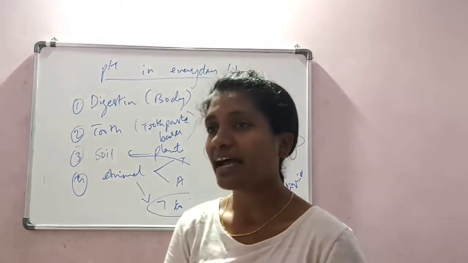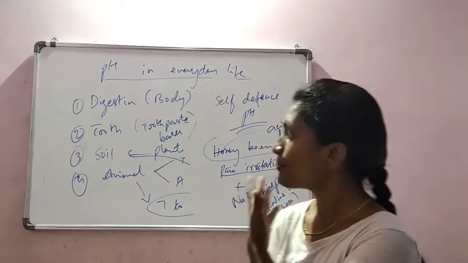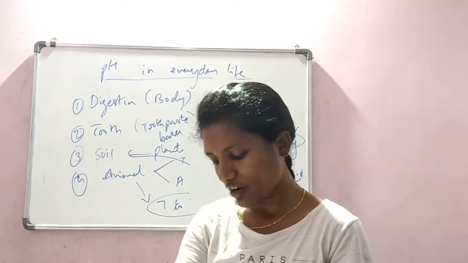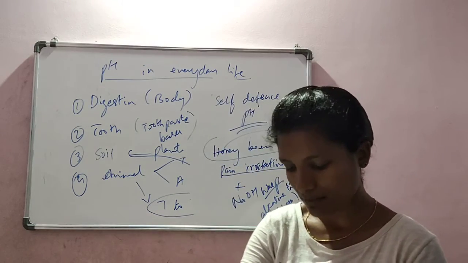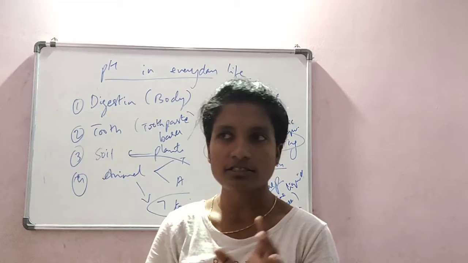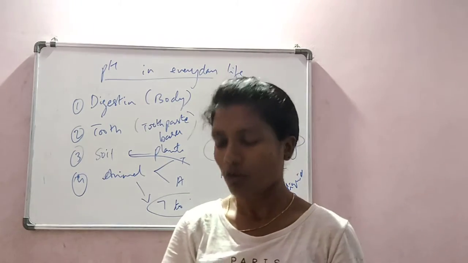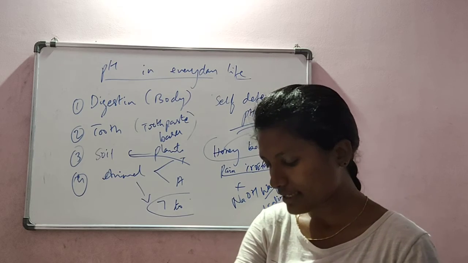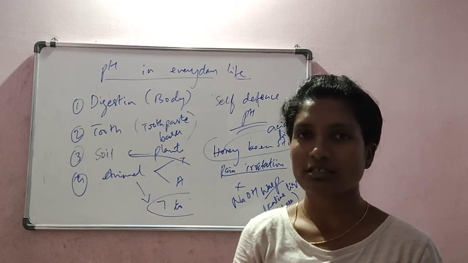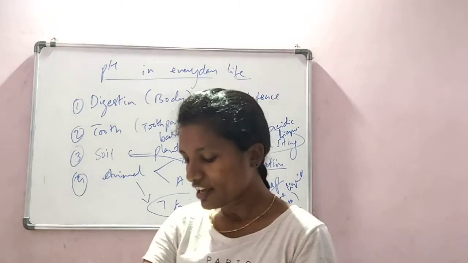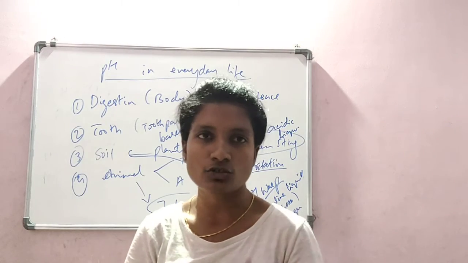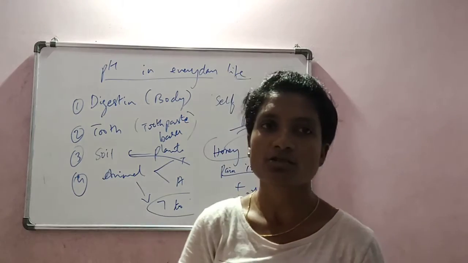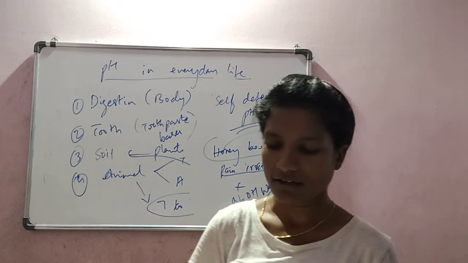And there are some plants which also use the pH scale as a defense mechanism. That is, when a person happens to touch the leaves of a nettle plant, a kind of plant with many sharp thorns, which I have not seen myself, methanoic acid gets into your body. At that time we can use baking soda to get relief from that pain.